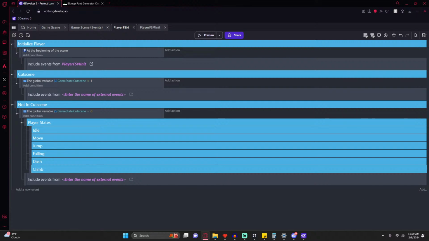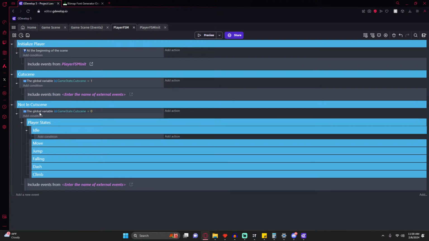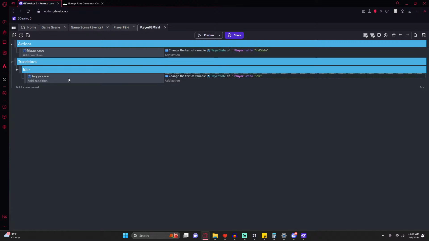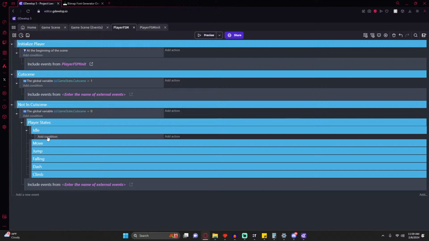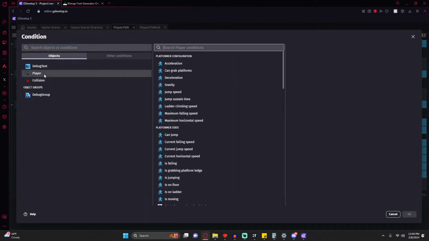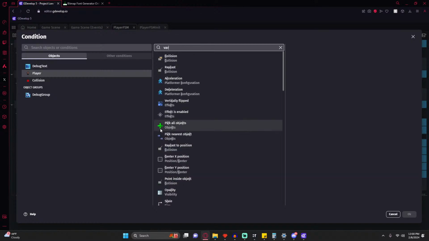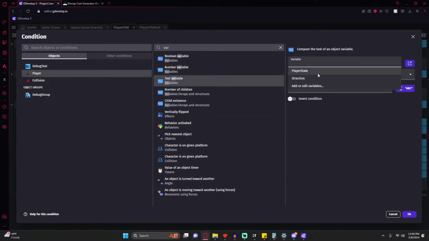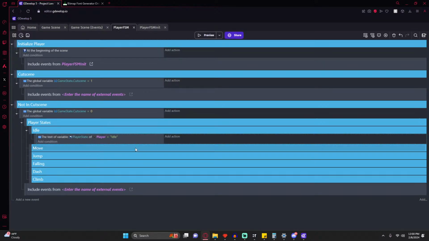So now what we want to do is, for each one of these, we have to check a variable, and it needs to be much like it was in the player initializer. We need to check now if we're in this state. So to do that, we go on the add condition. We're going to go to the player object, and we're going to check the variable, and it's a text variable. And again, we're going to check the state. If the state is equal to idle, which it would be after we initialize,